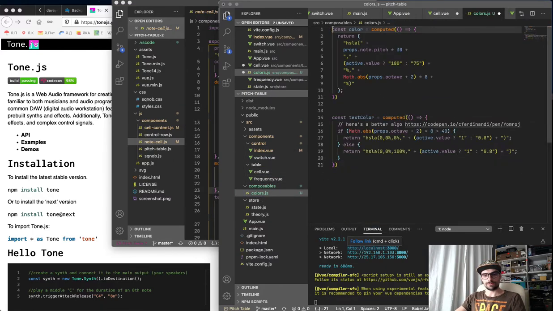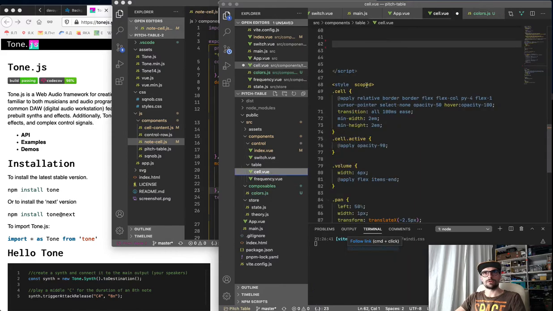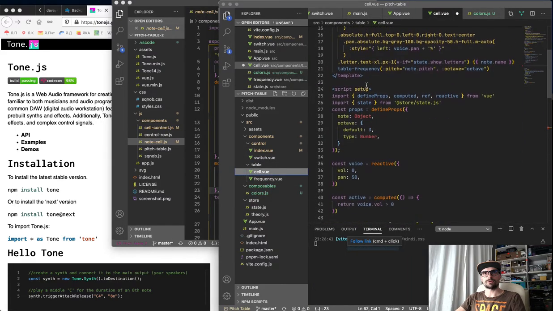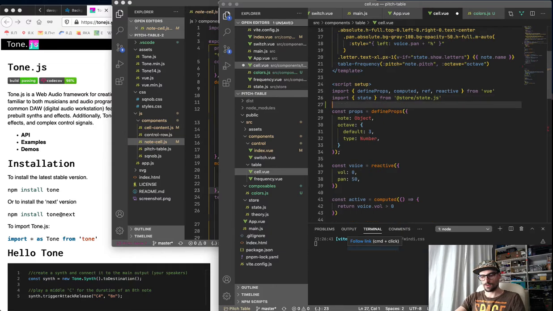I'll export them. It's saved, and here I will import them. Import color and text color from @/composables